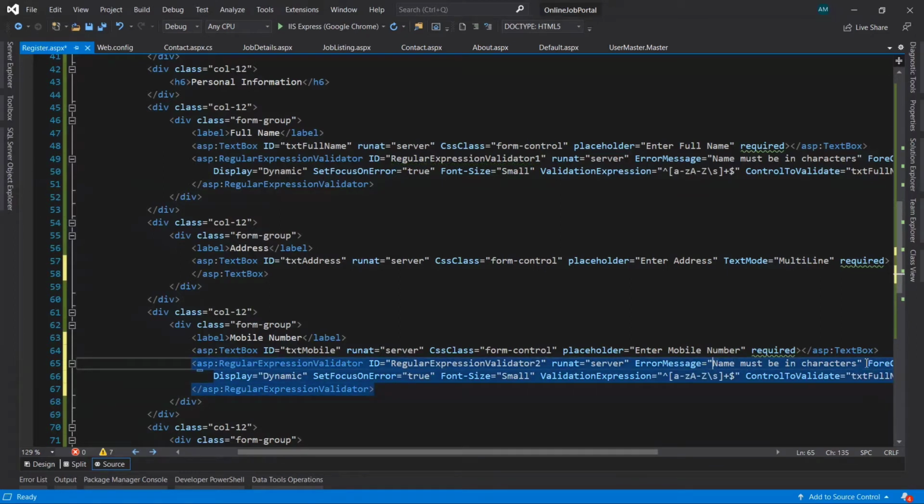Let's change the error message: Mobile number must have 10 digits.